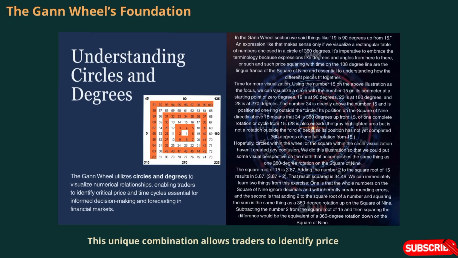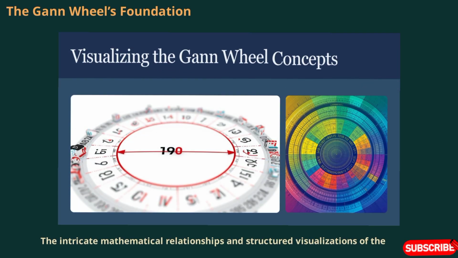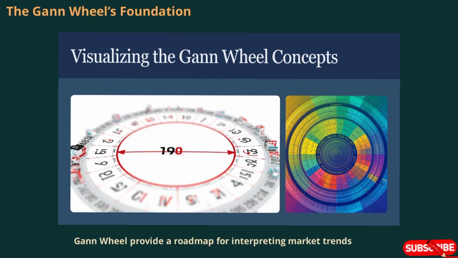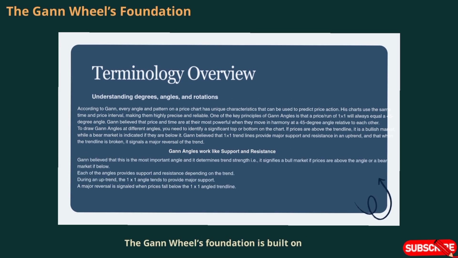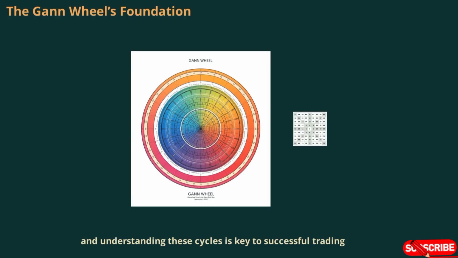This unique combination allows traders to identify price movements and market turning points with greater clarity. The intricate mathematical relationships and structured visualizations of the Gann wheel provide a roadmap for interpreting market trends. By studying these patterns, traders can anticipate shifts and make informed decisions. The Gann wheel's foundation is built on the belief that markets move in predictable cycles, and understanding these cycles is